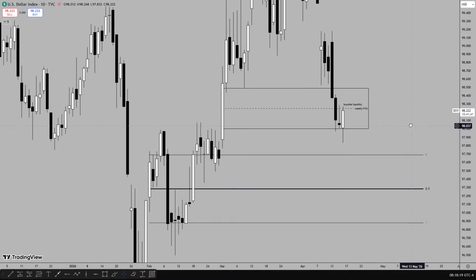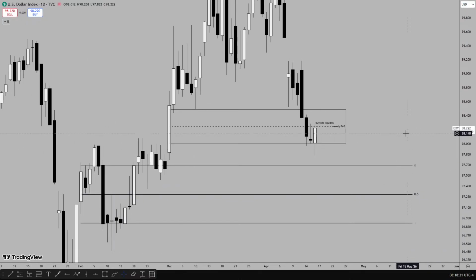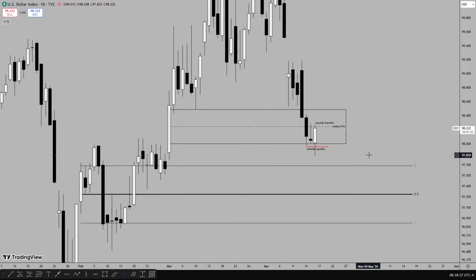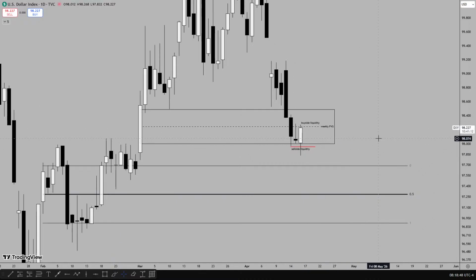On the daily time frame, yesterday I talked about price trading lower to run the sell side liquidity. I told you guys that if there's going to be lower prices in price, my draw on liquidity is the sell side liquidity. And if price is going to be trading lower, I will be looking at price trading lower. That was my daily bias on Wednesday.